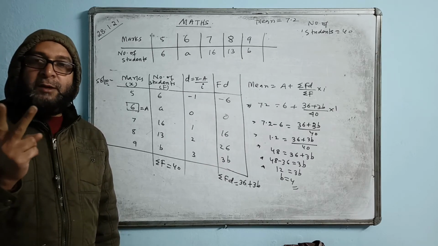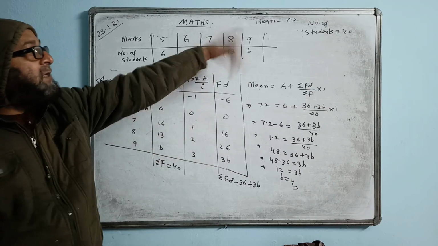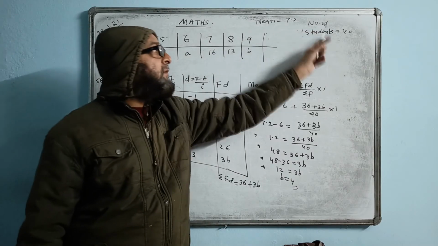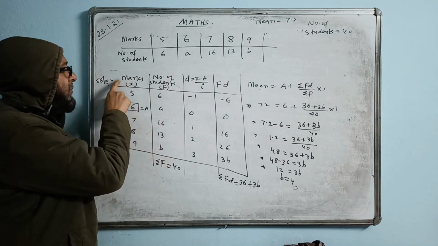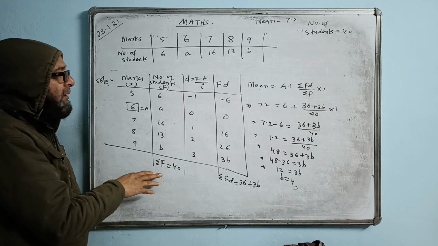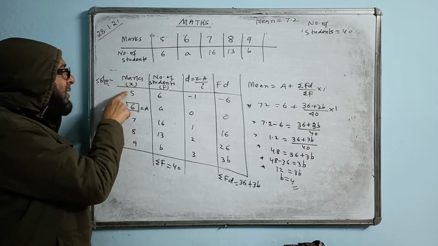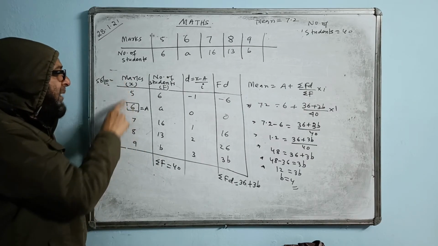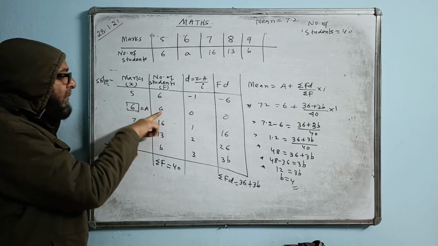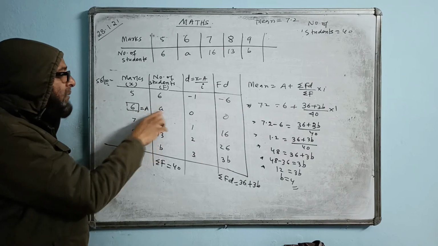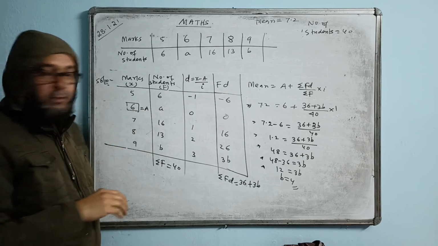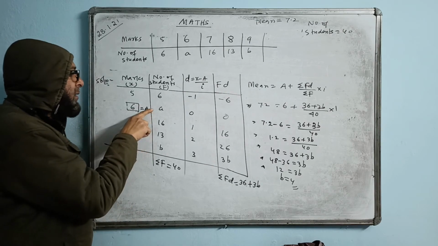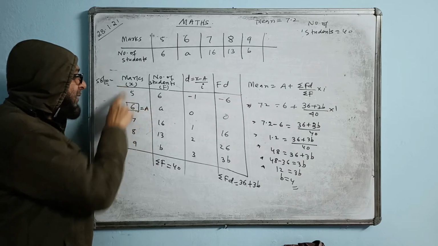This time in the question they have given two unknowns, but two things are given: the mean and the total number of students, 40. We make a table like this: marks given, number of students given. There is no class number, so this itself is the mid value, x: 5, 6, 7, 8. Unknown coming here and unknown coming here. At one place I will assume A. We will not go by the middle number now, so it will become easier. So I choose one of them as A in the mid value here.